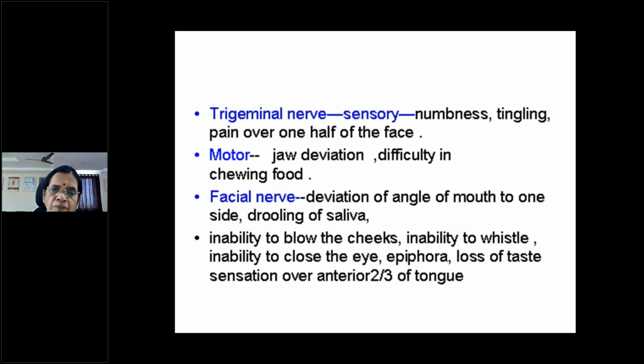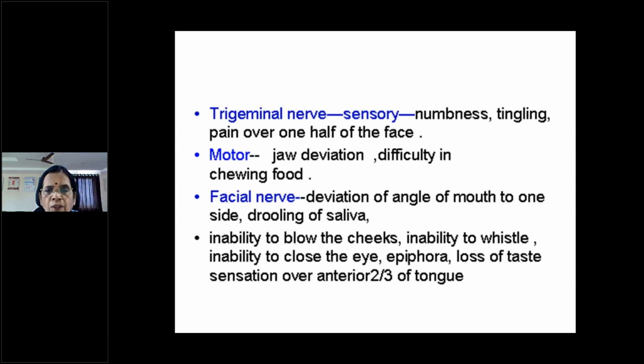If the entire half of the face is affected, that means it is a lower motor neuron type. That is from the nucleus to the periphery, up to the parotid gland, if the fibers are affected. So usually the patient will have an LMN type of facial palsy, where the entire half of the face, upper as well as lower, is affected. When the patient has the entire half of the face affected, you have to think of a lower motor neuron type of facial palsy. If only the lower half of the face is involved on one side, that is due to a UMN type of lesion.